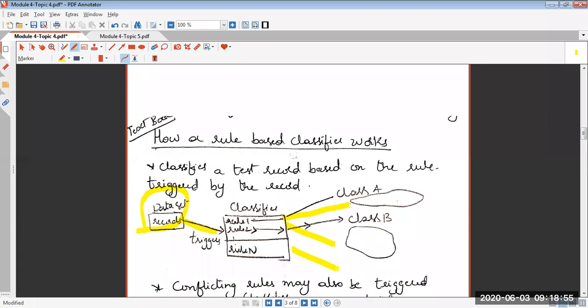Classifier is an automated system. It's a sophisticated algorithm, but it cannot do this on its own. We understood it is supervised, meaning that you need to give some training to the classifier. Without training, a classifier cannot work. It cannot do the task on its own. Task of what? Classifying the record into any of the classes. So how will you give the training? How will you build the model for a classifier?